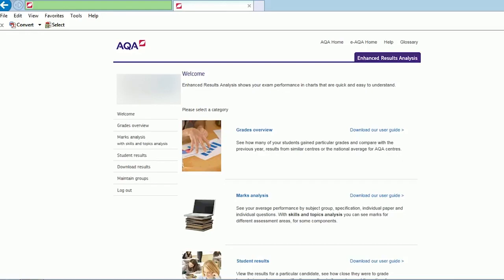At the start of the autumn term, I use enhanced results analysis to influence my teaching plans for the coming year. By looking at the topic analysis for my subject in the previous exam series, I'm able to identify topics and question types that may require a different teaching approach going forward, as well as identifying stronger areas where my